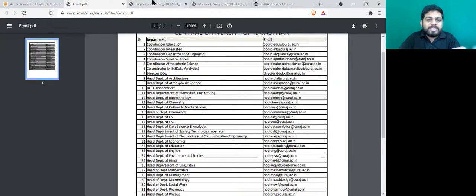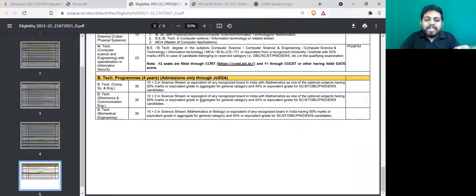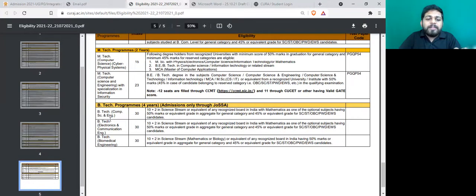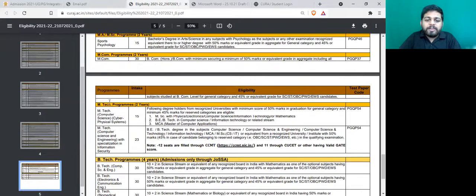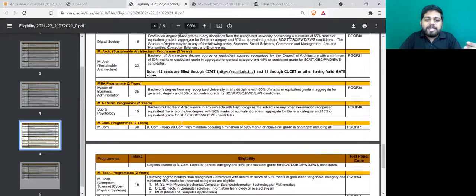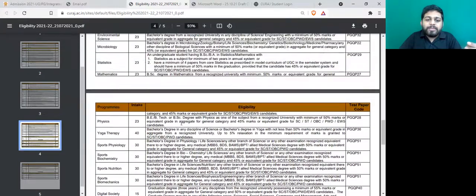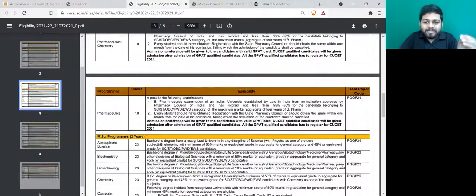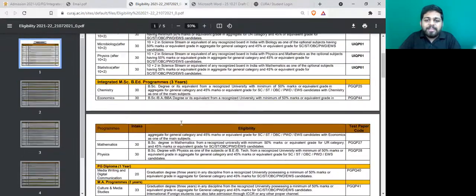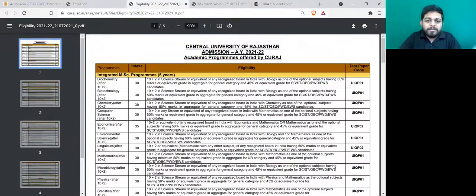You could also check that. And the eligibility criteria for bachelor courses is +2, 10+2. And for master's courses, there will be differing eligibility criteria. And you could also check these documents, for which the link will be updated in the description box.